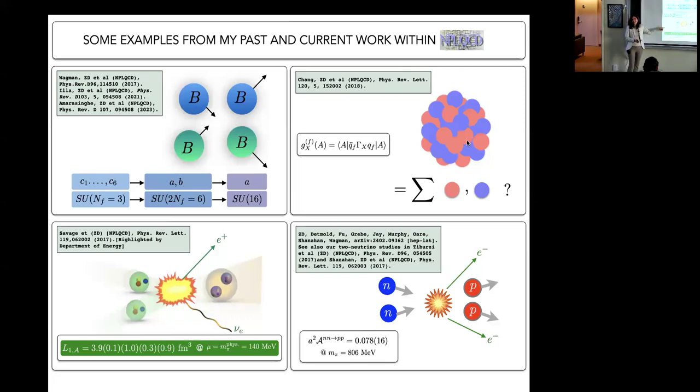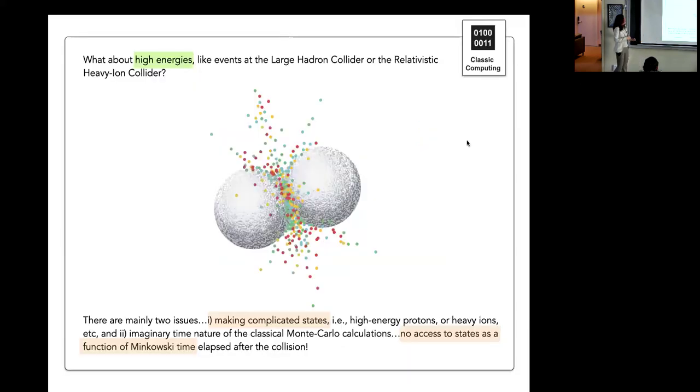So why do I care to solve these problems with quantum computers? Okay, so you may have guessed, unfortunately, we can't do high energy processes yet. All these processes that I talked about were at very low energies. I would create only a few particles in the final state. And that's why I can actually access information about real-time dynamics in these processes, because all of them are real-time processes. You might ask, how do you access them if you're doing Euclidean Monte Carlo computations?